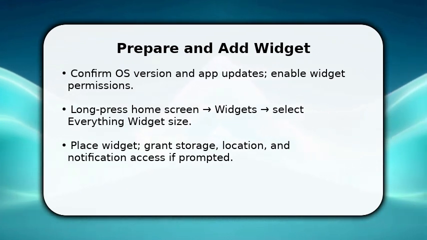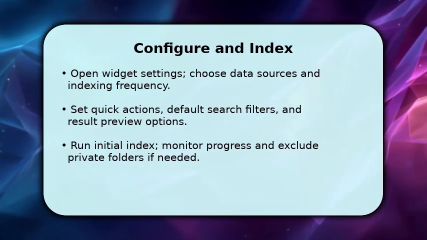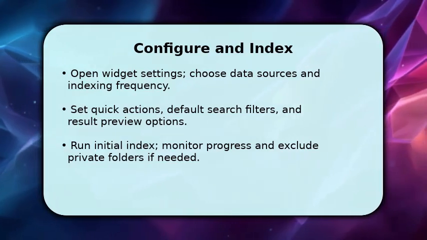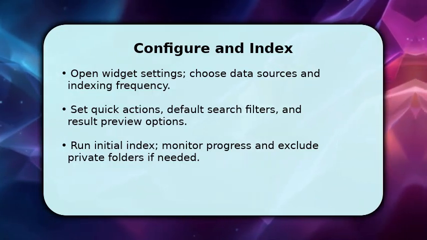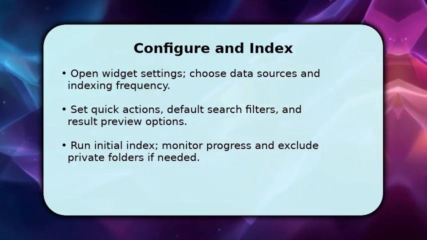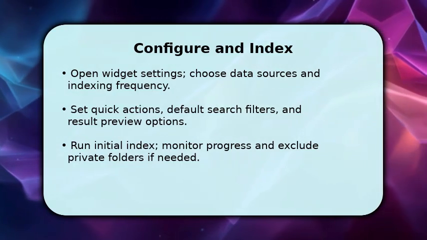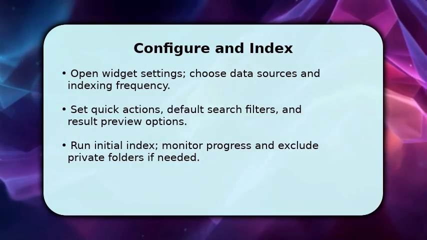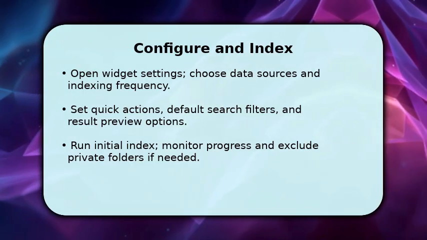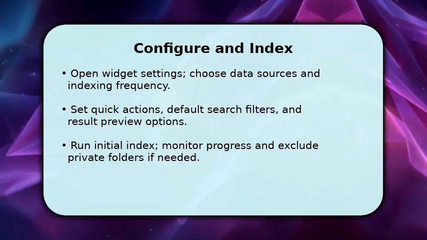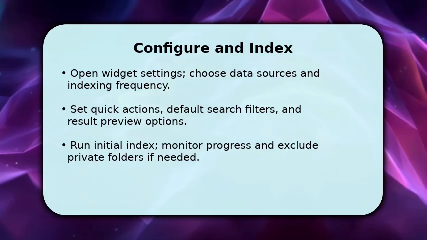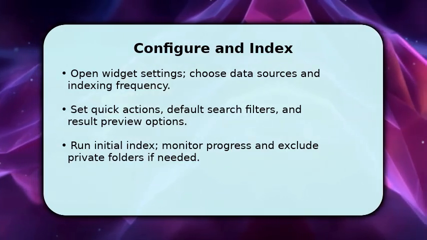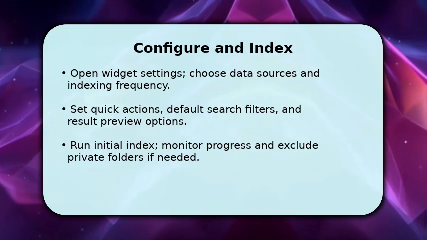Next, you configure what the widget searches and how it behaves. Open the widget settings and pick data sources, apps, files, messages, and set an indexing schedule so updates stay current without draining battery. Then assign quick actions and default filters like file type or date to speed results. Start the initial index. This may take minutes depending on volume. Make sure to exclude sensitive folders to avoid clutter and protect privacy, and check previews to confirm relevance before relying